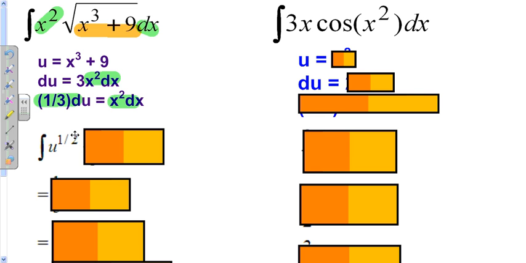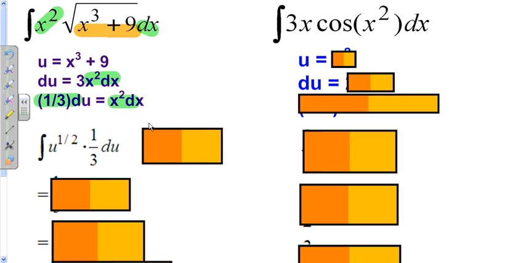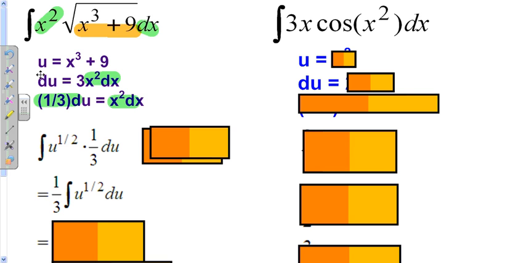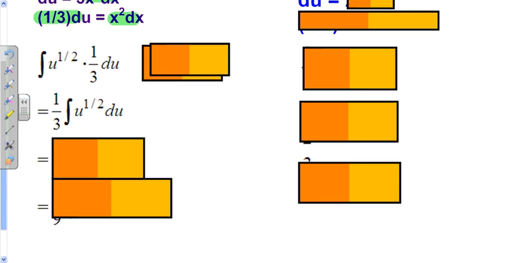So we'll have the square root of our u, because u is x cubed plus 9. And then instead of having our x squared dx, we're going to have our 1/3 du. We'll pull that 1/3 in front, and then all we have to do is basically just integrate